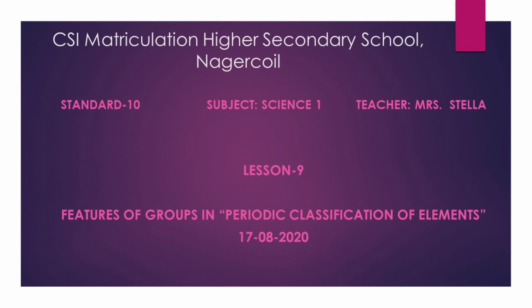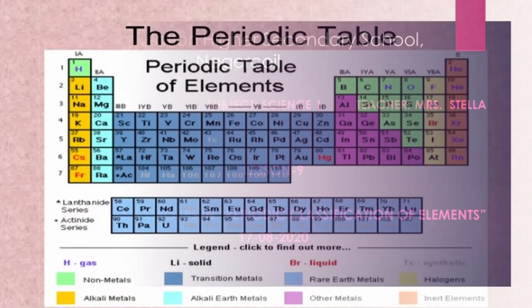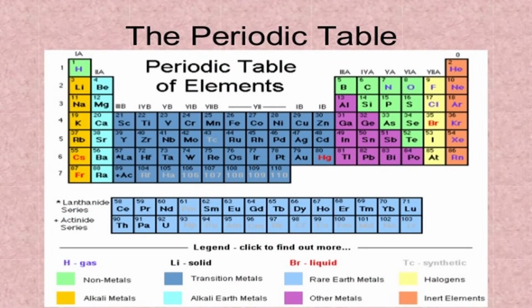Well, in the previous class, we have learnt about the modern periodic table and the features of periods. I hope you all have gone through the video and also learned the names of the elements. Am I right? Good. Today, we are going to learn about the features of groups. Before that, you know what is a period and the total number of periods in the periodic table. What is a period? The horizontal rows in the periodic table are called periods. And how many periods are there in the periodic table? Totally 7 periods are there in the periodic table, right?